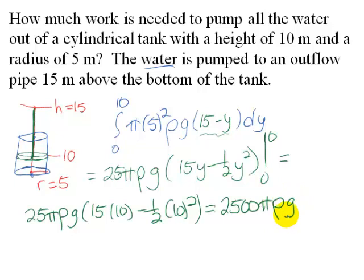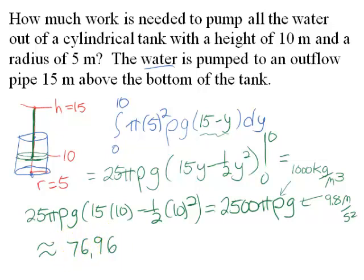And our units are going to be in joules, and we're going to check that out to confirm that in just a minute. But let's go ahead and get an approximate here. So we know what pi is approximately. We'll use that in the calculator. Density of water is 1,000 kilograms per meter cubed, and our gravitational constant is 9.8 meters per second squared. So we can put all of those pieces in the calculator and come up with an approximate here. So 2,500 times pi times 1,000 times 9.8, and it looks like we get 76,969,020. And I'm telling you the units are joules, but let's go ahead and confirm that, and then we could say approximately 77 million